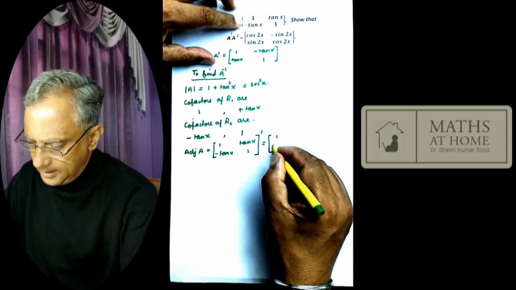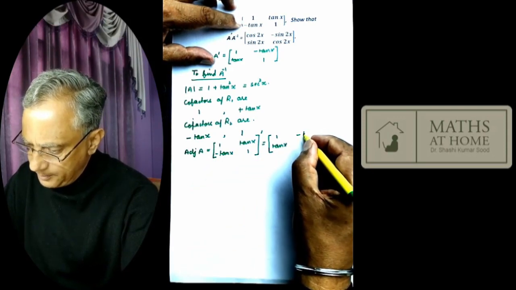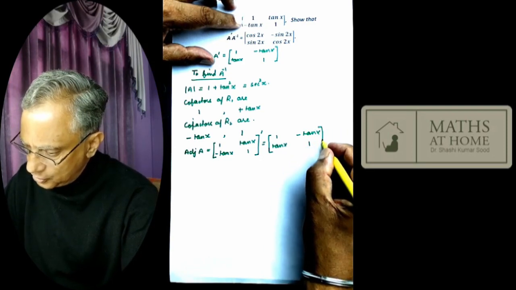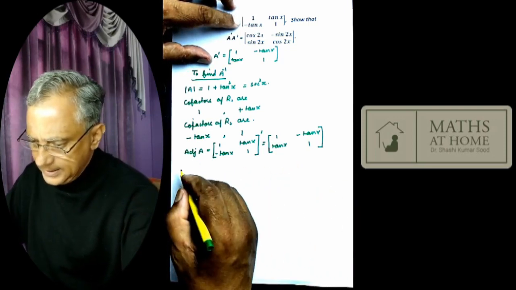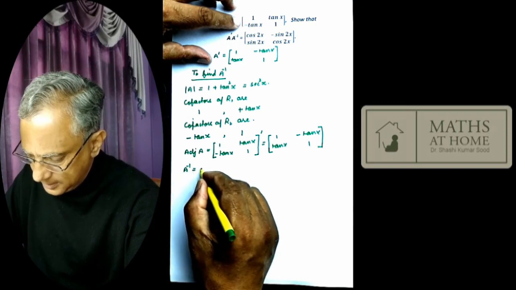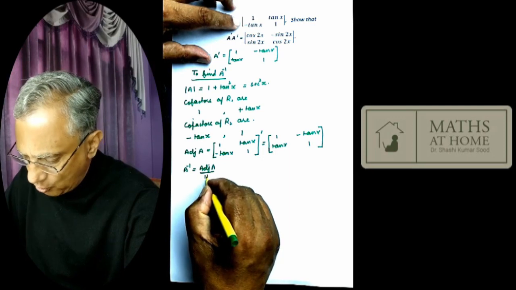This row will become first column. Second row will become second column. So we get this. Adjoint of A is this much, and A inverse is equal to adjoint of A over